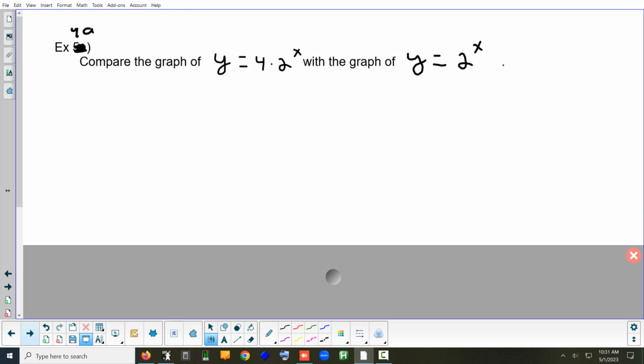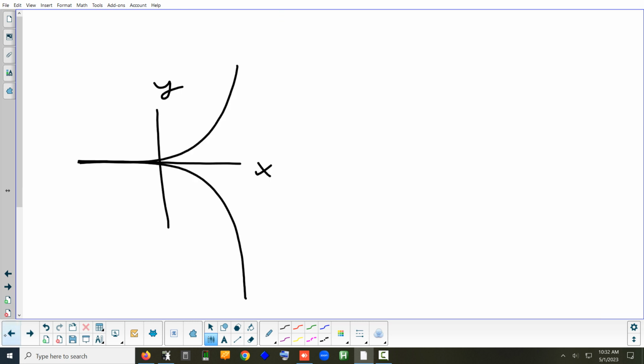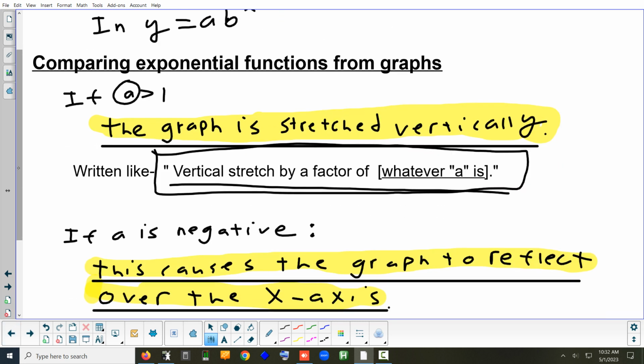So the difference is this one has a 4 in front, this one doesn't. Let's think back. Is 4 a positive number or negative number? Yeah, positive. So, since A here is bigger than 1, okay, 4 is definitely bigger than 1,